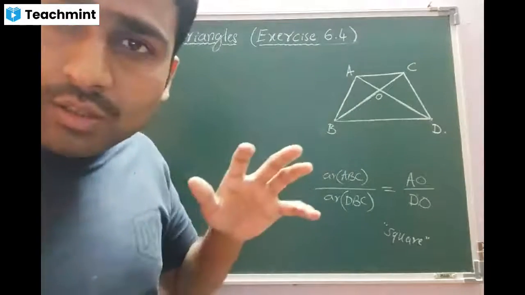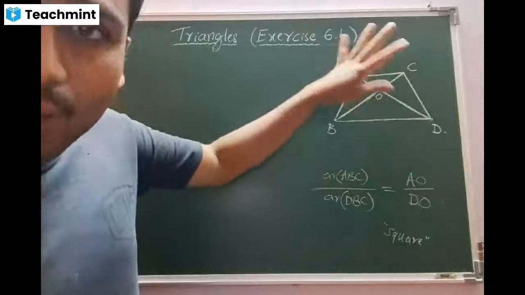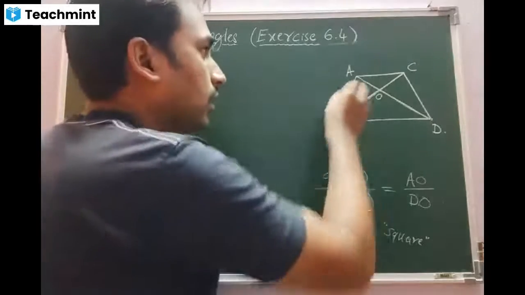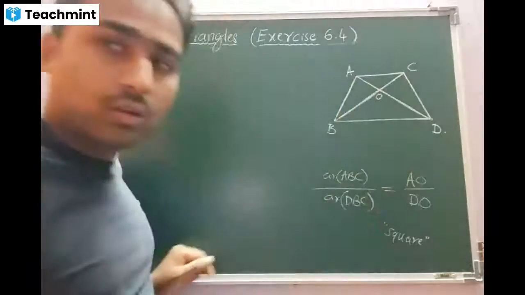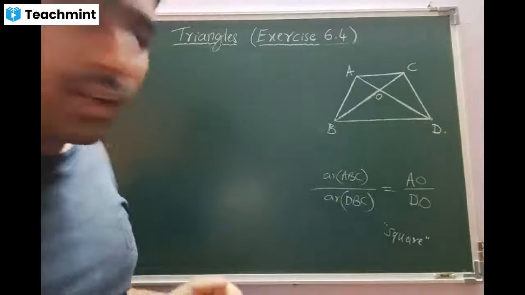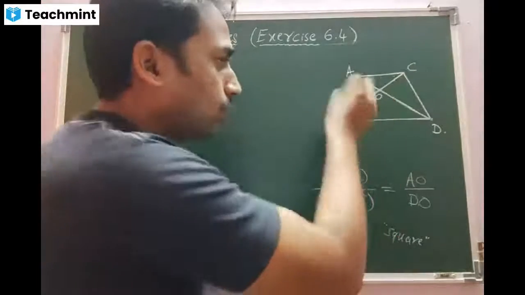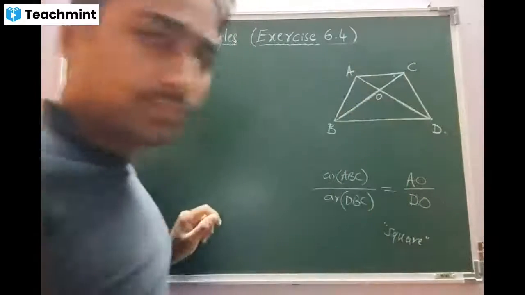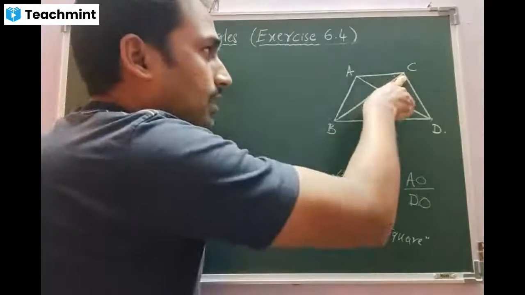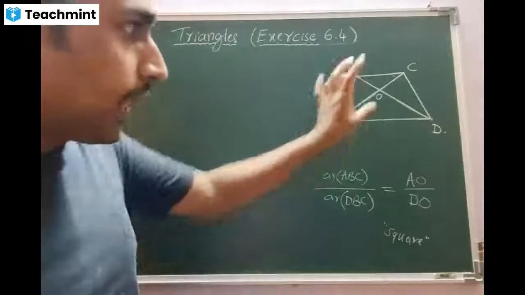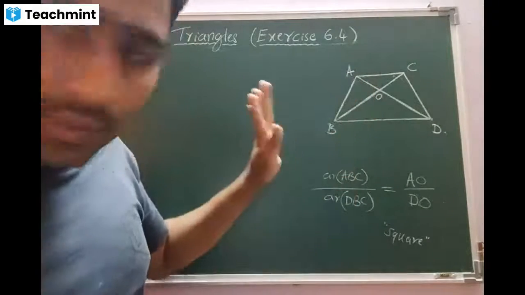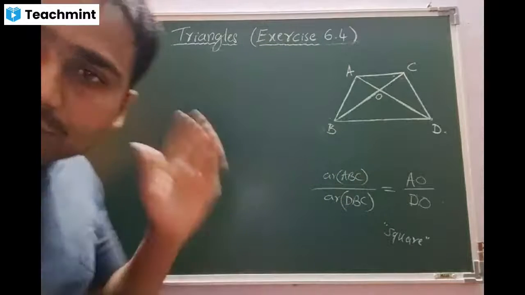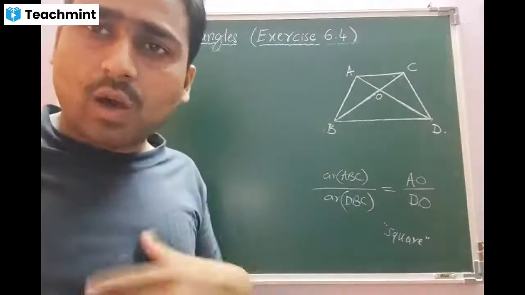First, since there is no data available for telling the similarity of these two, beta, if you take this triangle and this triangle, ABC up and ABC down, we cannot say the equality of the angles. There is no data to tell that this angle is equal to this angle. There is no data available to tell that complete angle is equal to complete angle. And there is no data to tell this angle is equal to this angle. So we cannot prove the similarity of ABC and DBC. And one more thing, they are not similar also. Is that clear? Yes, sir. So in such cases, how we can proceed?